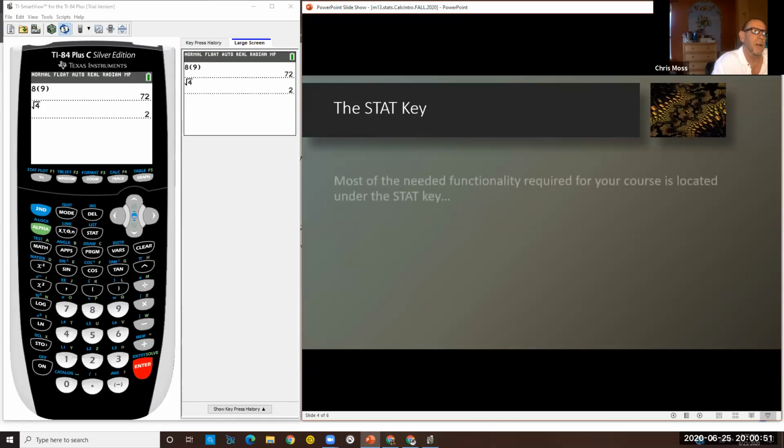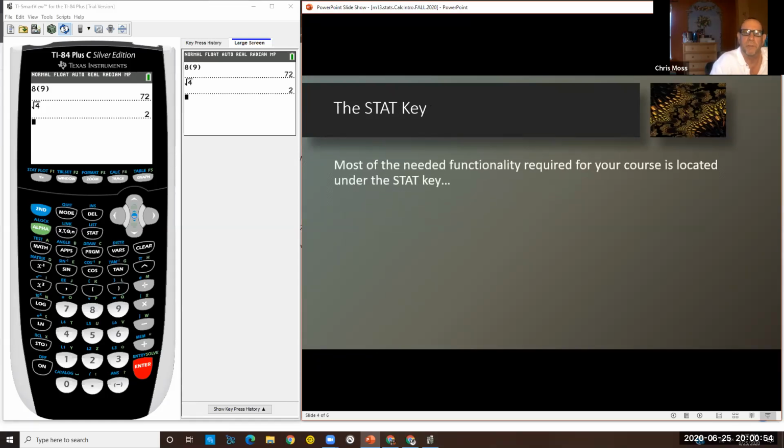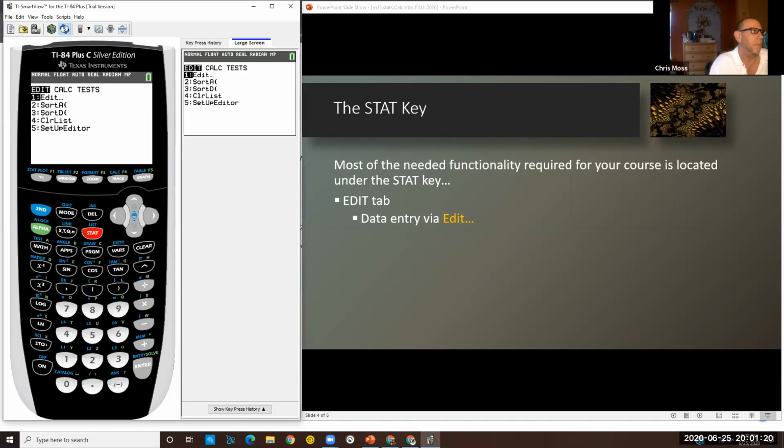The stat key itself. Most of the stuff we'll need this semester is going to live in or around that stat key. There's other keys to be sure, but that's really where the majority of functionality resides. I'm going to go through the stat key tab by tab. I'm going to start with the edit tab. So I come over here and I select the stat key. I'm going to get a bunch of stuff up here at the top. In particular,